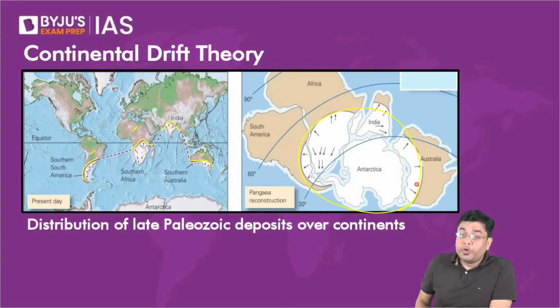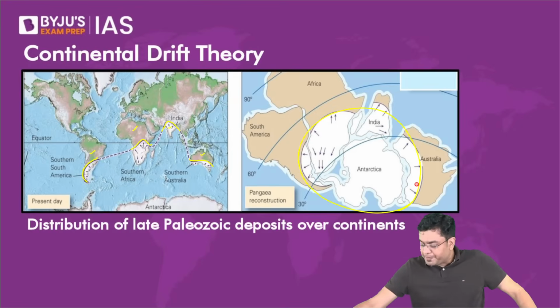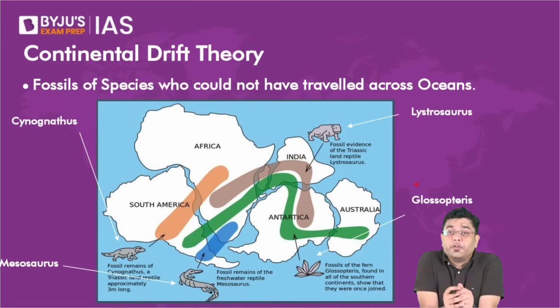So this also indicated that the continents would have been together in the past and they have drifted since that point of time, and they have drifted into their present and current positions. Right? So this was the glacial evidence. Now, after that, he also came across another set of evidence, and that was based upon the study carried out by the paleontologists, who basically study the ancient remnants of fossils.